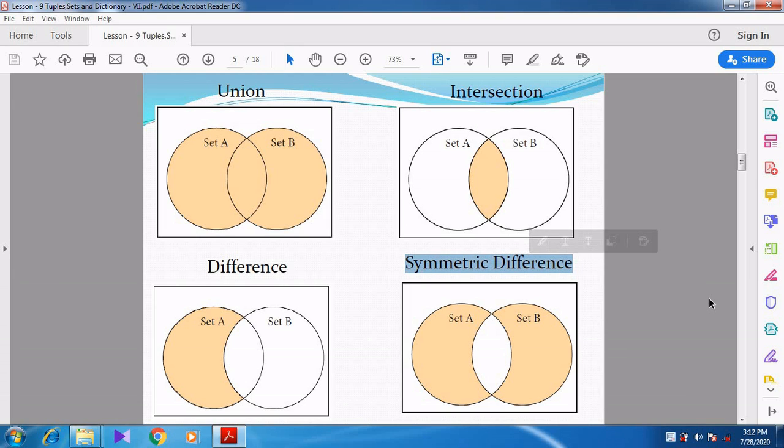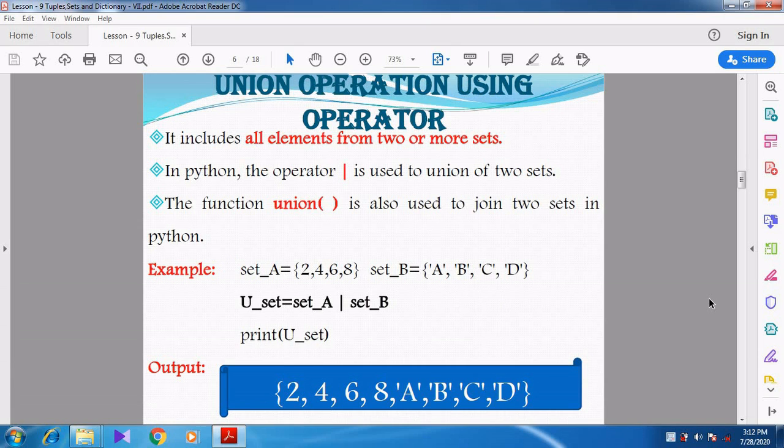So let us see in a detailed manner, theoretically as well as practically. First we are going to discuss the union operation using the union operator. What is meant by union operation? It includes all the elements from 2 or more sets.